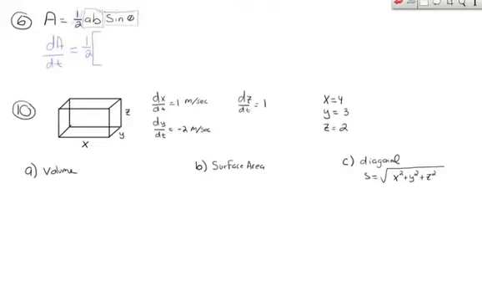So the derivative of the first function ab is in itself a product rule. So the derivative of a is da/dt times b plus a times the derivative of b with respect to time. So there's the derivative of the first times the second plus the first times the derivative of the second, and all of that is going to be multiplied by,